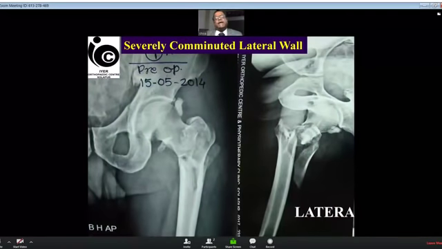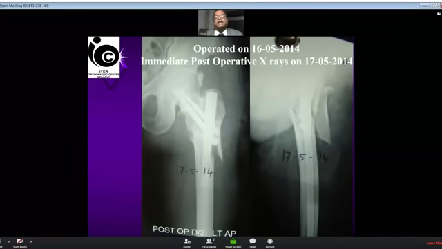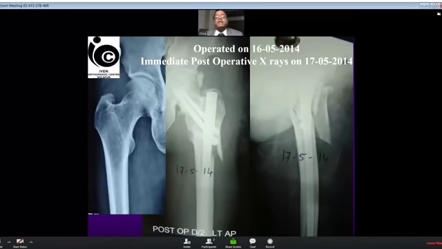Another case, a badly comminuted trochanteric fracture with a subtrochanteric extension. Again, you can see both the screw sets are touching the nail, and you can see the valgus is too much. The reason is that the person was young and there was a severe valgus on the opposite side also.